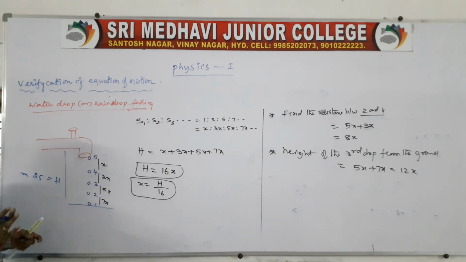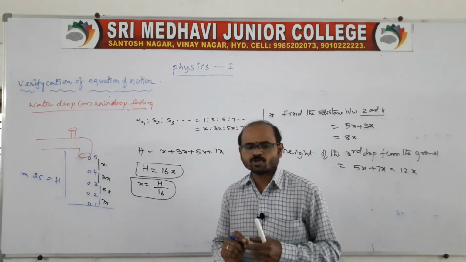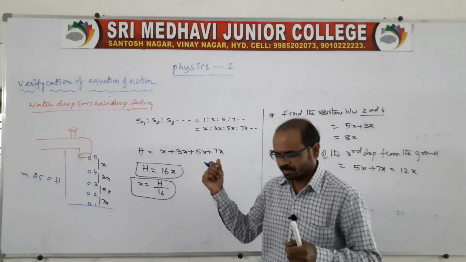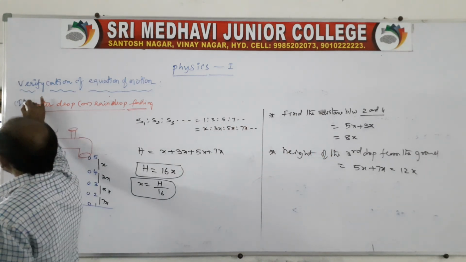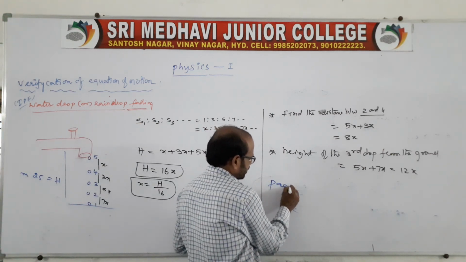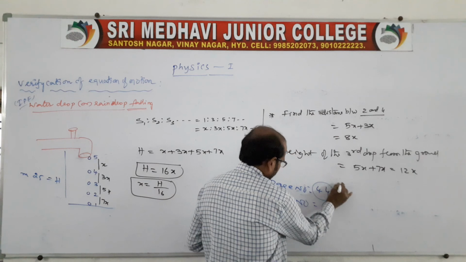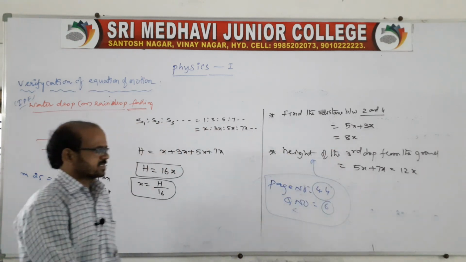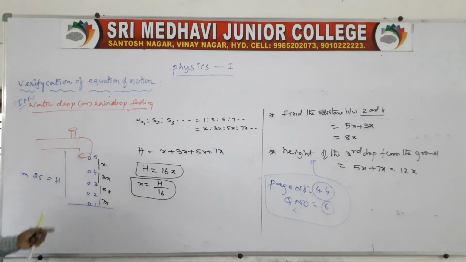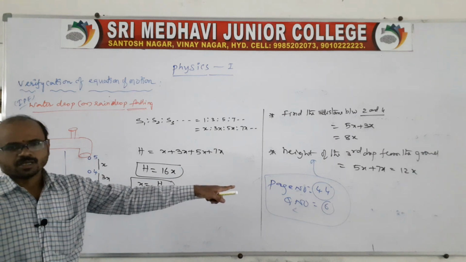Okay, this is the question. It is very important from both the NEET and EAMCET points of view. Of course, it is there in the intermediate public examination also. There is one problem in our material. I will tell you the question number: in our material it is page number 44 and the question number is 6. On this basis, the same question also gives 5 drops only, and this is the process related to that question, page number 44, question number 6.